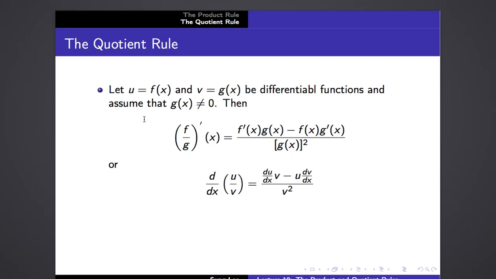And we are going to assume that g of x is not equal to 0, for an obvious reason, as you will see from the following formula, which we call the quotient rule. Basically, the quotient rule is about the derivative of f over g. So f over g prime is given by f prime times g minus f times g prime, all over g